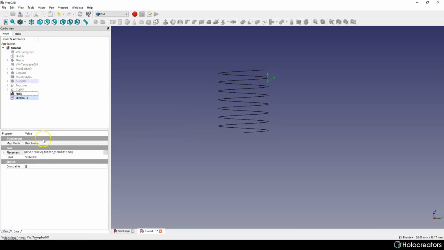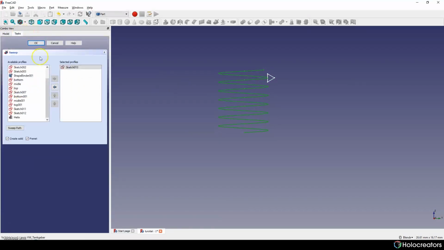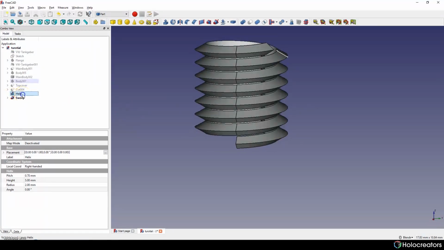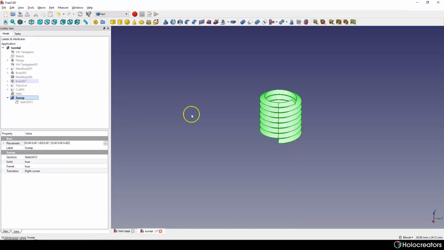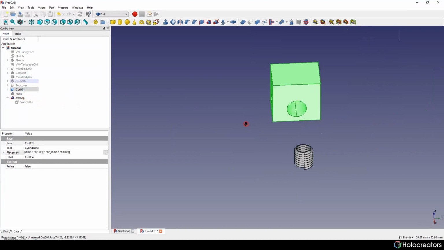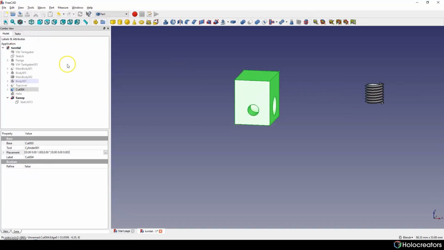And also we have to choose our helix here. And here we have our shape. We can now hide helix, we can now hide sketch.